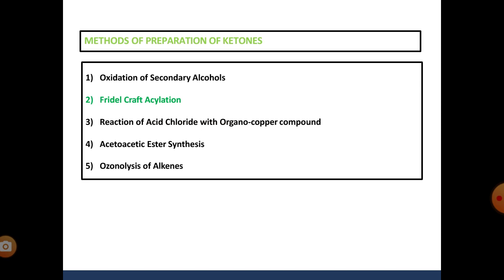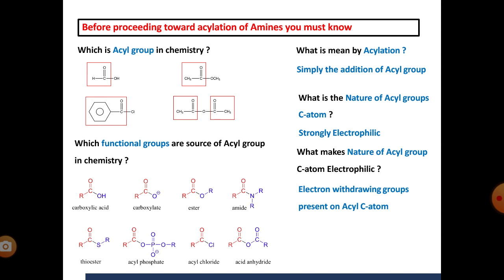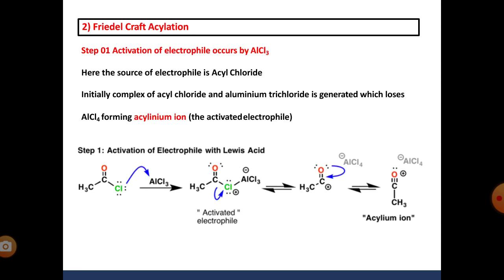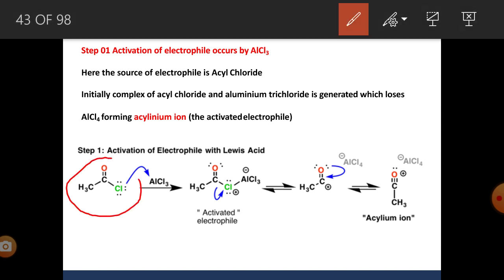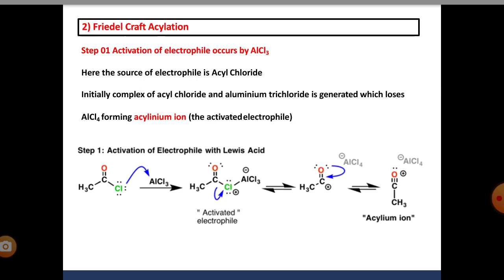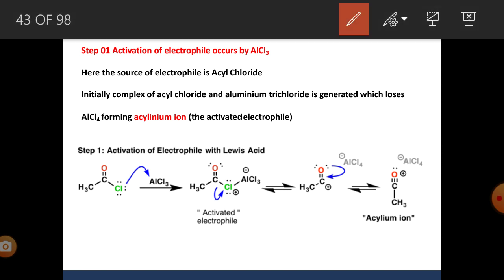Now next we'll see Friedel-Crafts acylation. In Friedel-Crafts acylation, benzene reacts with acid chloride in the presence of a Lewis acid, which we discussed yesterday. So this acetyl chloride first reacts with aluminium chloride, which acts as a Lewis acid. To complete its octet, it abstracts this Cl as Cl minus and converts into AlCl4 minus.